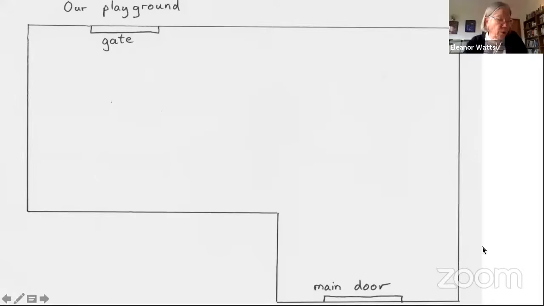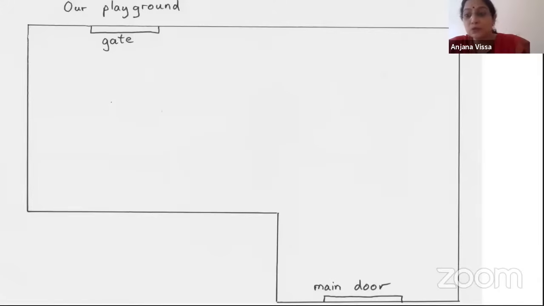So let's start with you, Anjana. What have you added to your playground? Added swings to my playground. Oh, really? Why does that help with nature? Swinging under a tree is so beautiful, under the shade of a tree. I think it's really a good experience. Well, that's a wonderful idea. Thanks, Anjana. I think we'll definitely have swings in our playground.